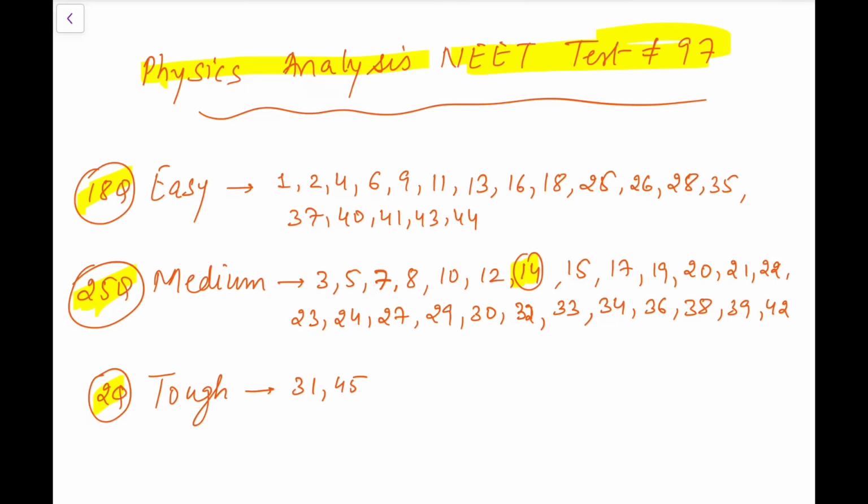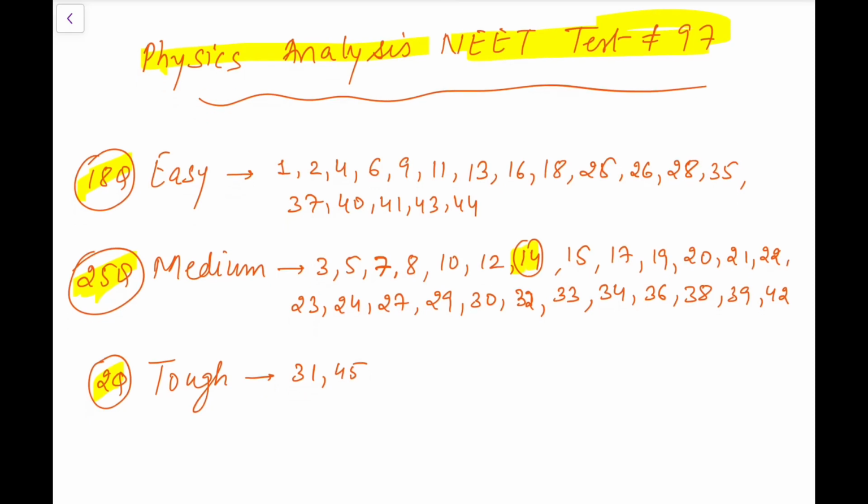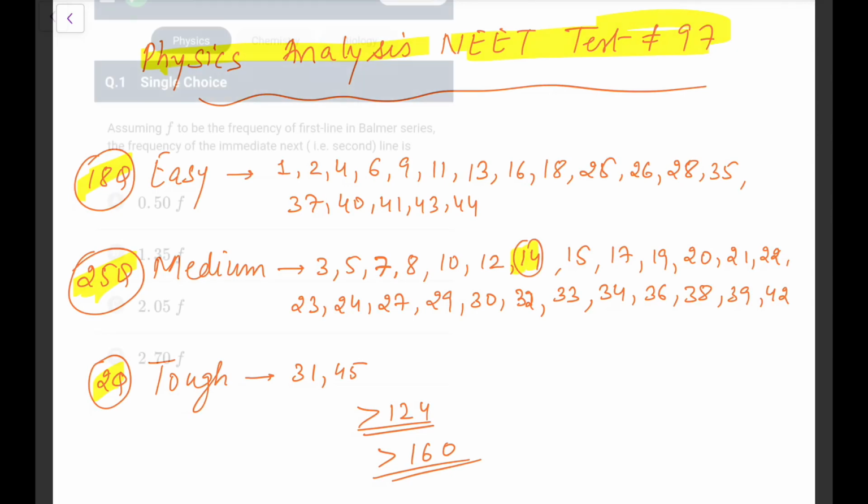So going by this, I still feel that you should be coming up with at least 30 questions. So 124 plus should be easily scoreable for anyone who is looking for something in physics, and those who are very good should get 160, 165 plus easily in this paper. Nothing is draconian about any question. You can easily cover up. There is a very good probability that there will be students who would be able to solve all the 45 questions in this particular test.